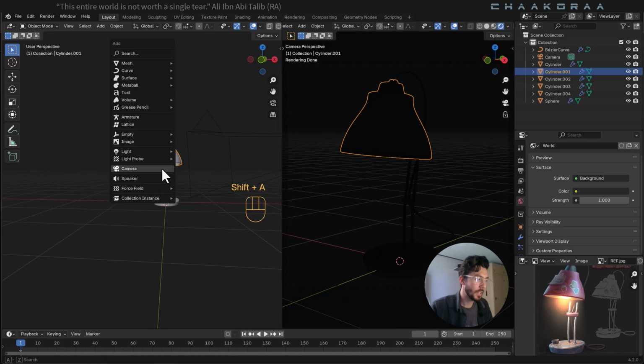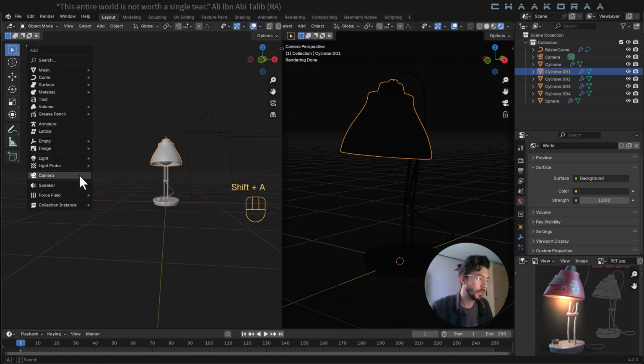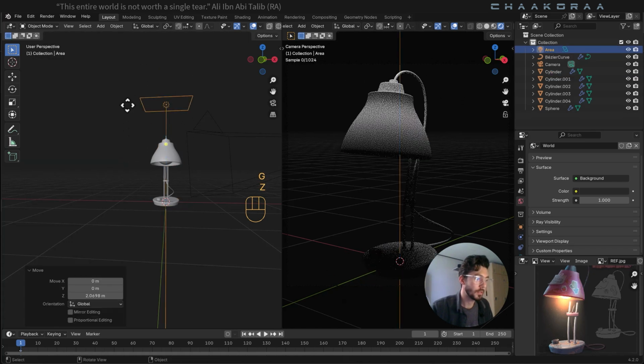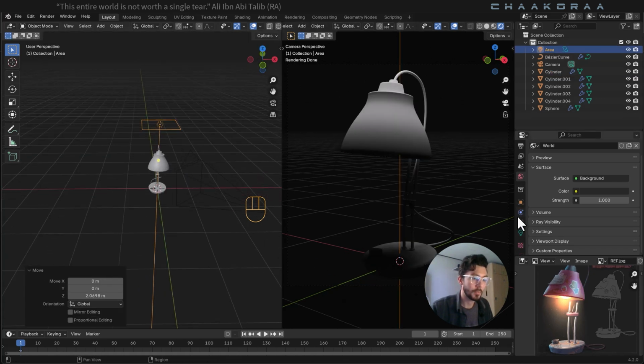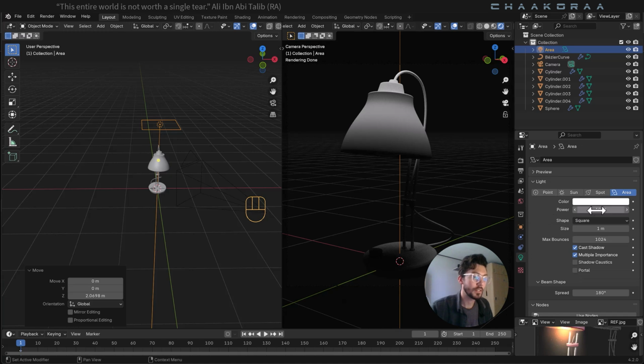So press Shift A, let's bring our first light. We're gonna add 3 types of lights: the main light, the rim light, and the third of it is the support light. First of all, let's add the main light. I'm gonna add an area light. Press G and Z, bring it higher, and let's decrease this part a little bit, and let's come to the light data and change the power a little bit more, maybe to 20,